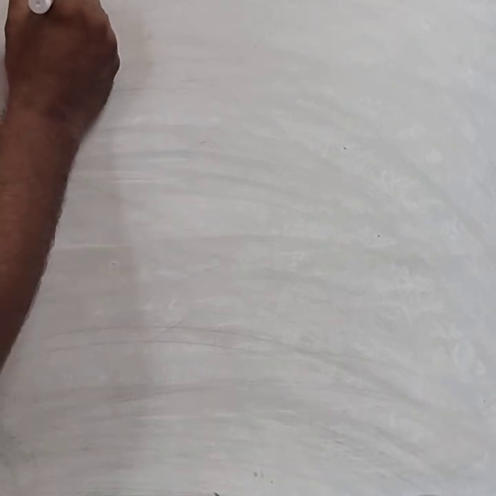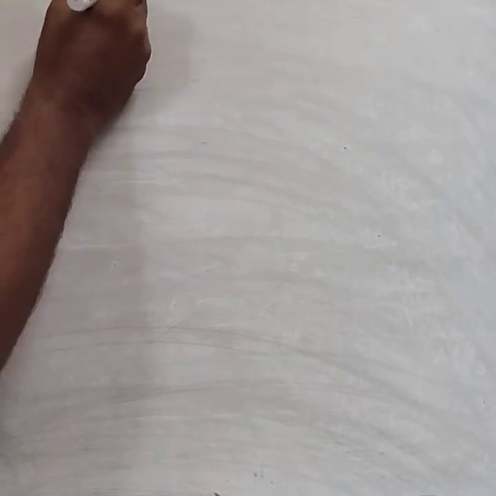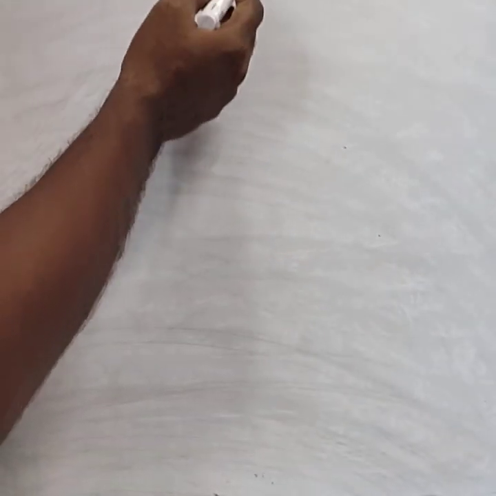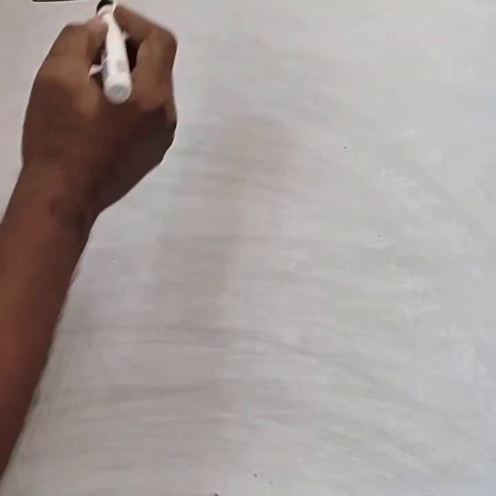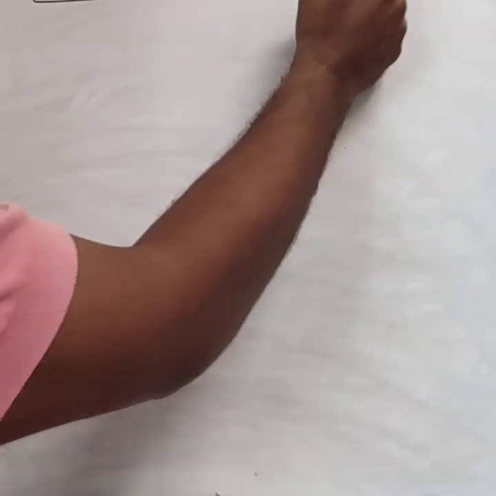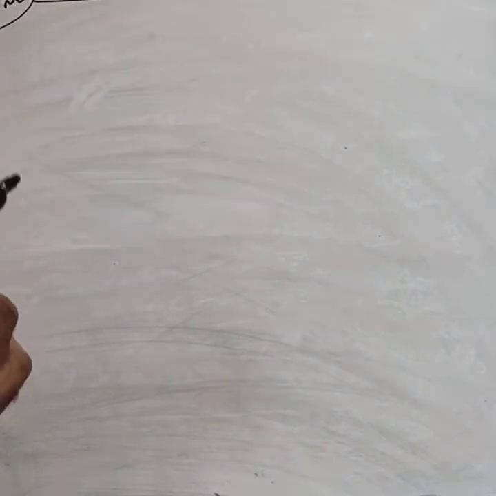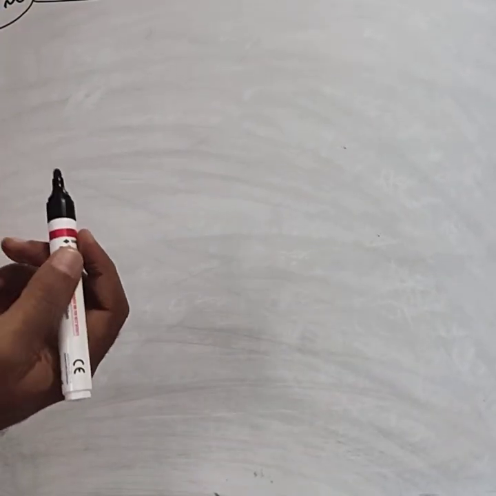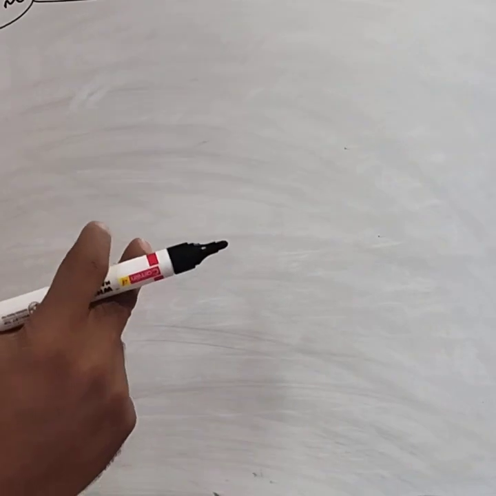Next metal: extraction of gold. Already we have explained the general method. Extraction of gold and silver by the cyanide process. Here you have to consider the extraction of gold by the cyanide process. This is for a 2 mark question. Any one metal extraction they can compulsorily ask, either for 2 marks or for 3 marks. You have to prepare that extraction process.